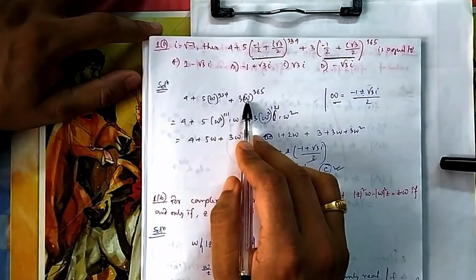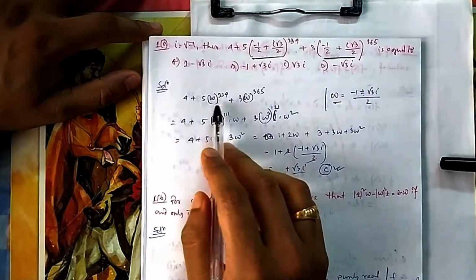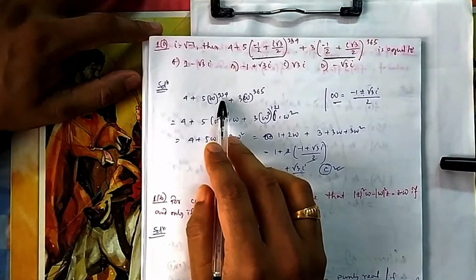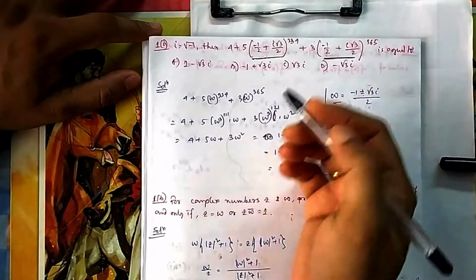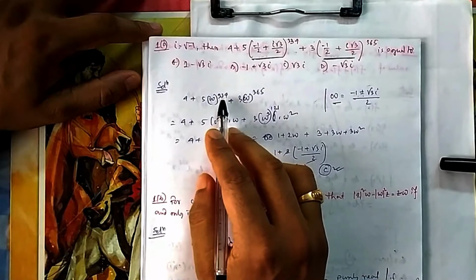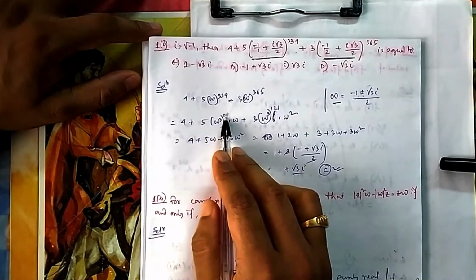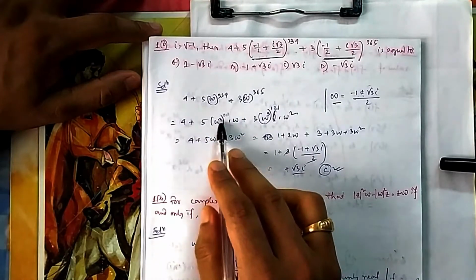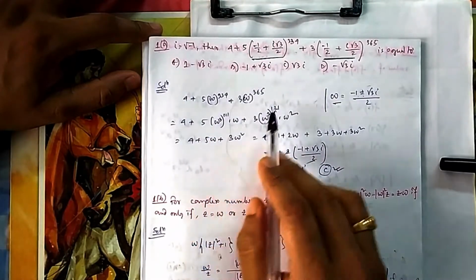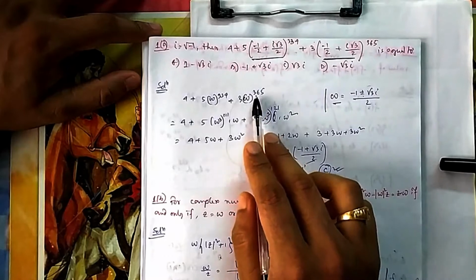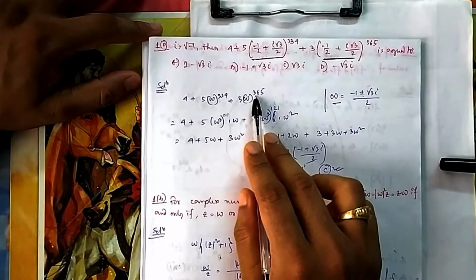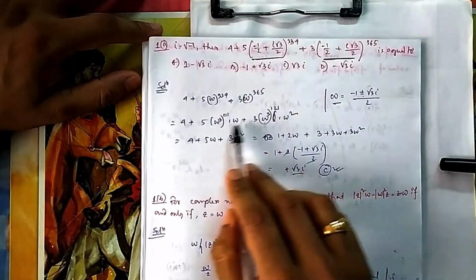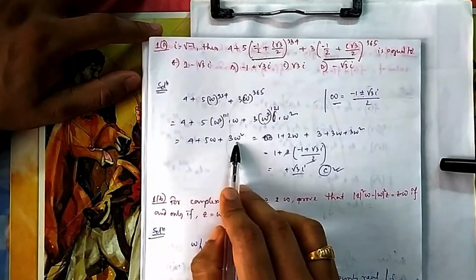You put it as omega. Then I told you, you need to go as close as possible to 334 with a multiple of 3. So 333 is the nearest multiple. So it is omega cube to the power 111, and 1 left, because it is 333 and then 1 left. So that is omega. Here you can go up to 363, then 2 will be left. So this will be 1. So ultimately you will be left with this.